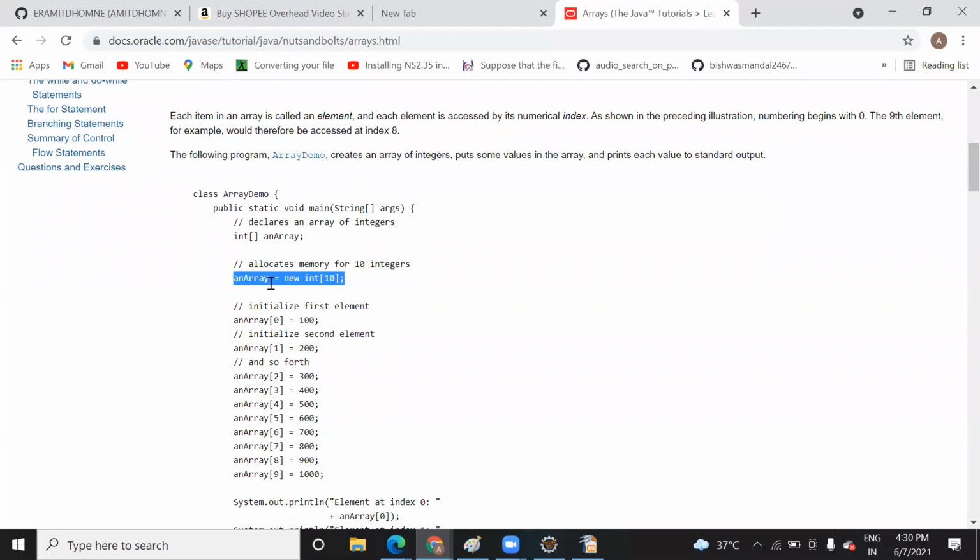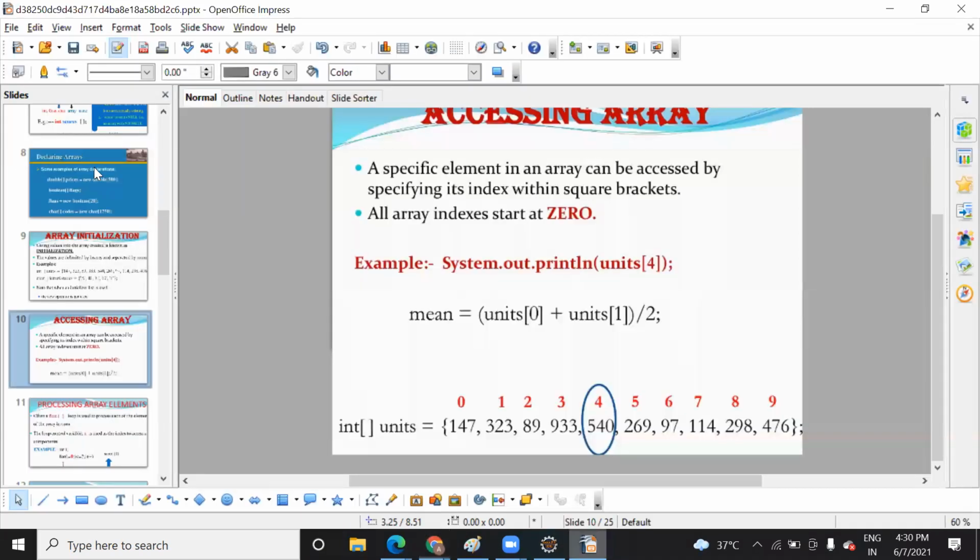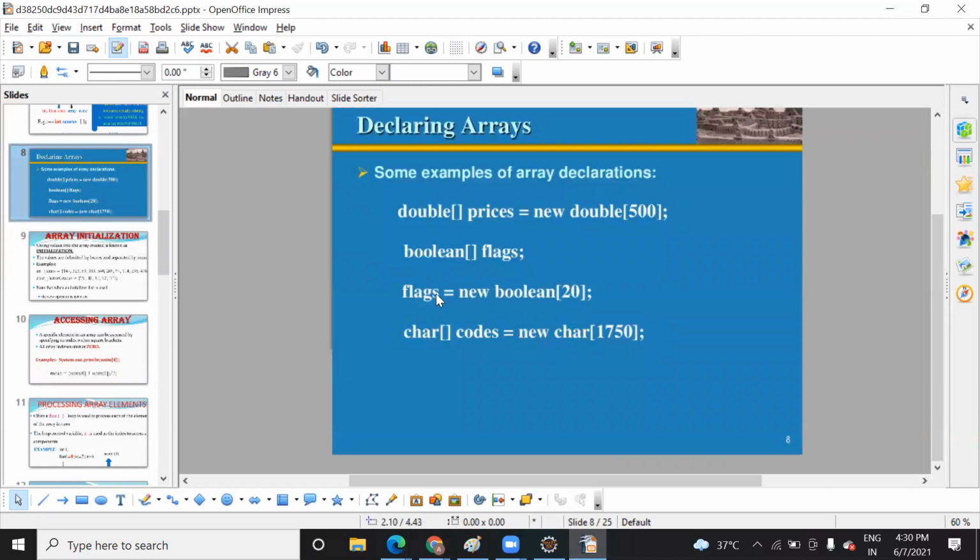You were asking me the flag one. Hmm. The flag one is syntax is similar to this. You see Yeah, flag new 20, and here you see it